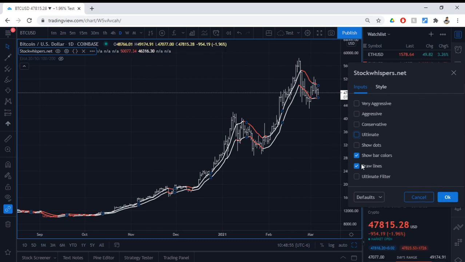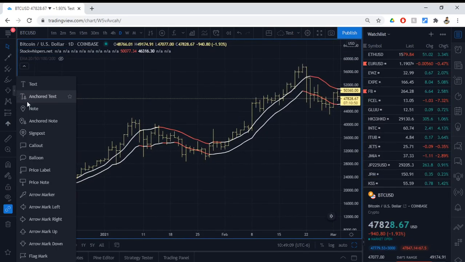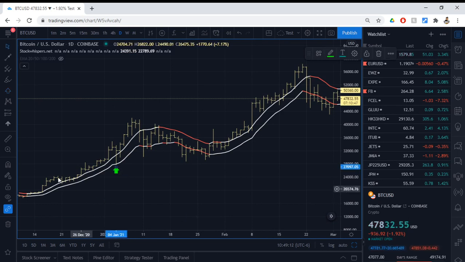And I've personally, more recently, unchecked this box and this box, but you're free to use it. If you like the lines, you'll see that a lot of times price bounces at these lines right here and at these top lines. So this is one way that you can use the lines, right? So price, you can get in here, you can get in here. I always recommend